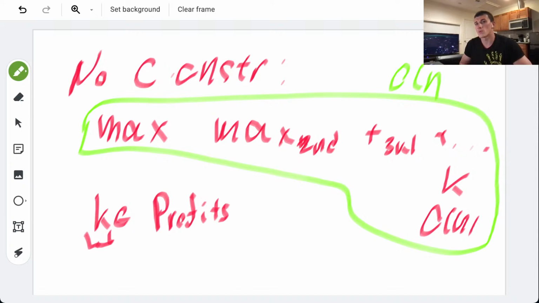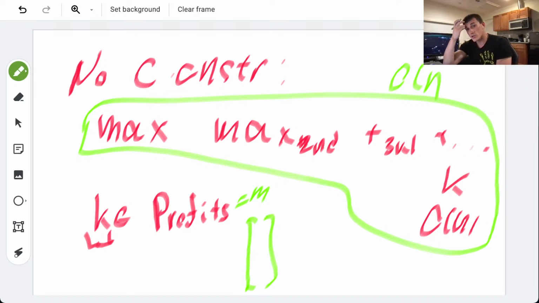So if we know that we need to select k elements, we have profits of size something, let's call it m. Then what's the question we may ask?